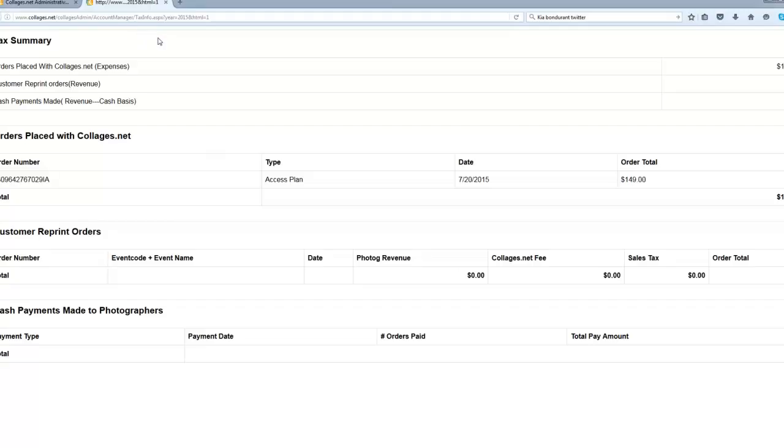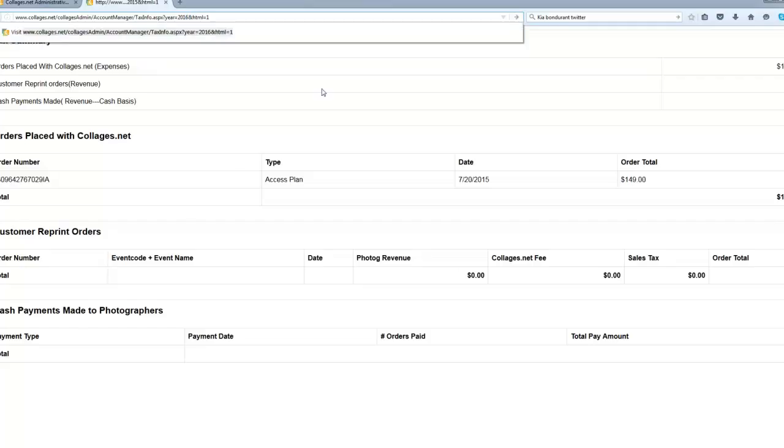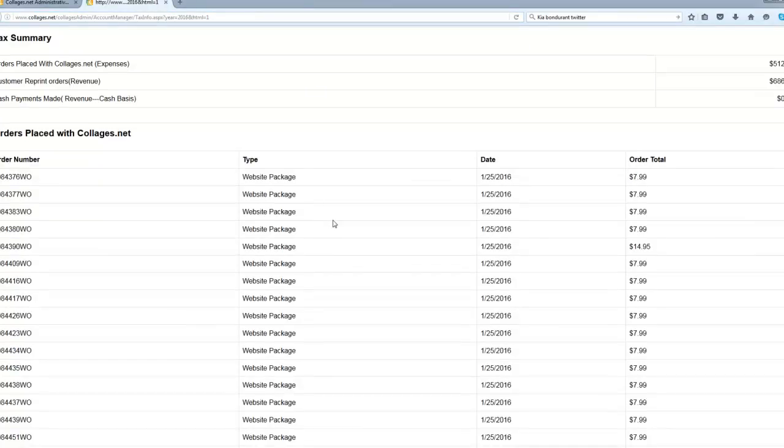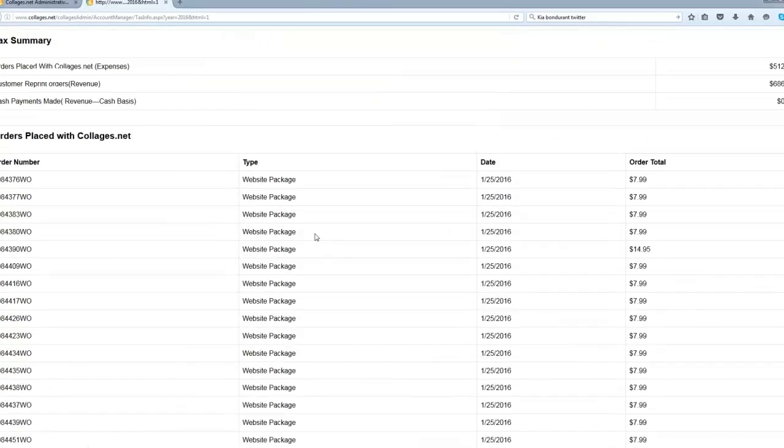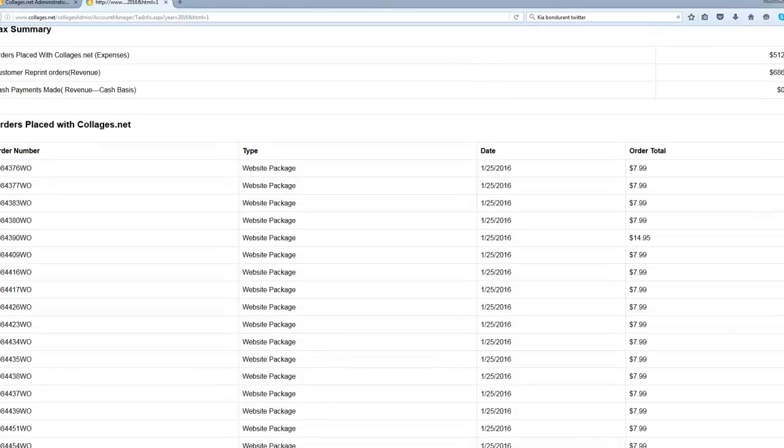But one thing I'd like to point out is if you're ever looking at this year, 2016, there's this fun little hack I've shown a couple of people, and there's no harm in me showing it. If you come up here to the URL and just change the 15 to 16, you can see your year-to-date as well, and this will also show you orders placed with Collages. That's your orders with us,